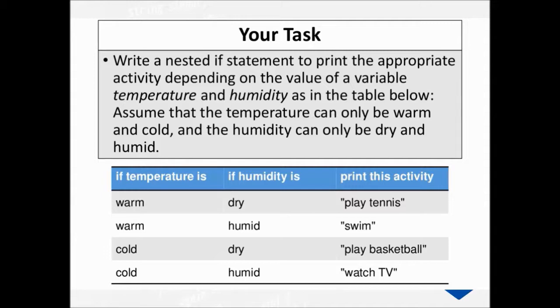Write a nested if statement to print the appropriate activity depending on the value of the variables temperature and humidity, as in the table below. Assume that the temperature can only be warm and cold, and the humidity can only be dry and humid. If temperature is warm